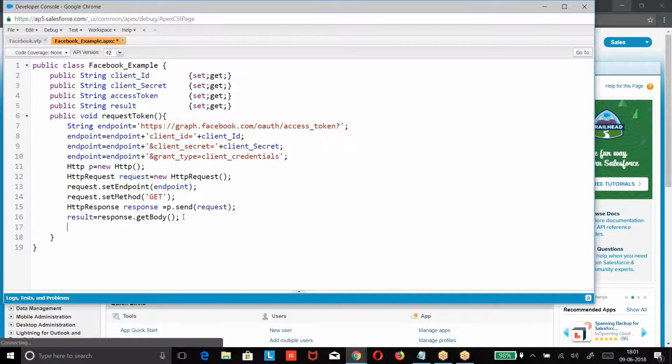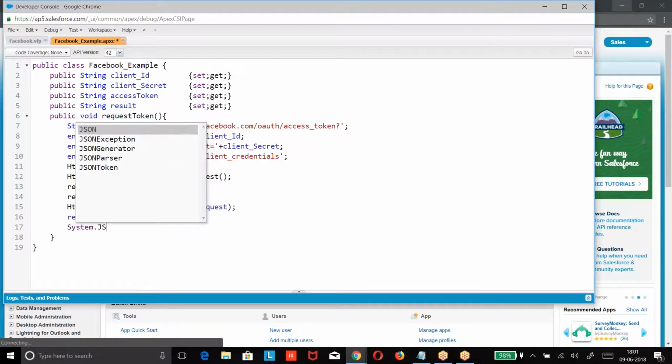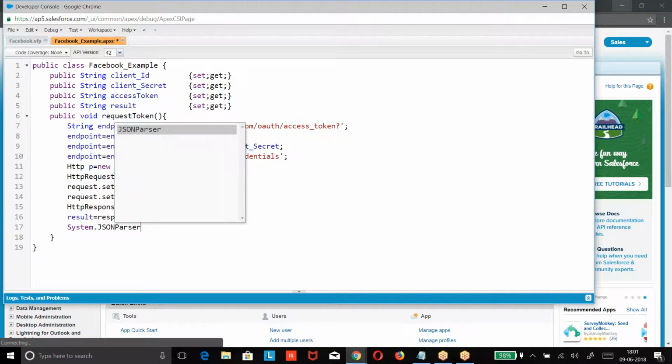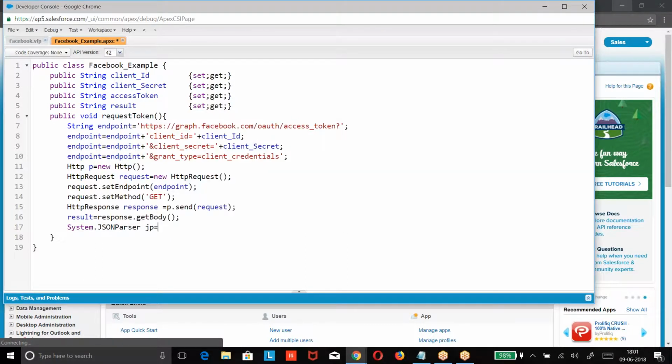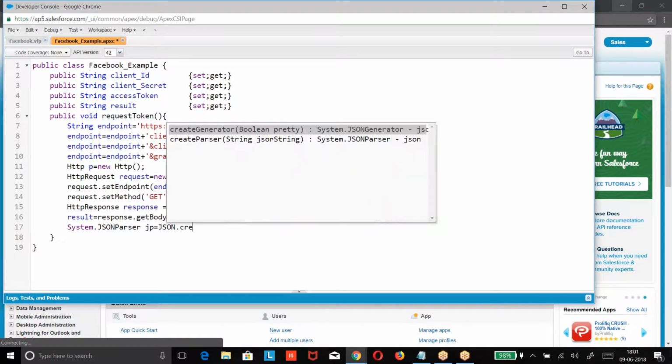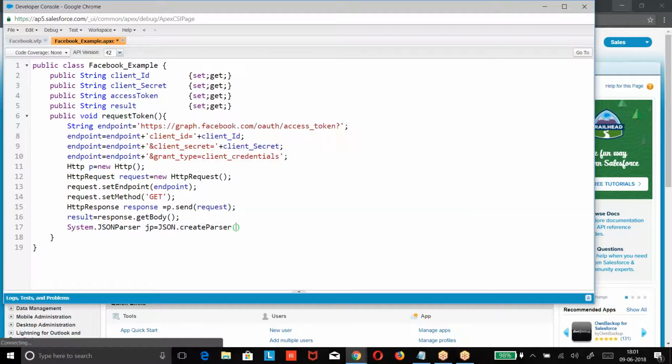So how do you deserialize it now? System dot JSON dot create parser.